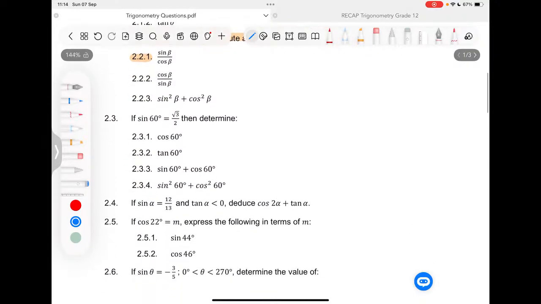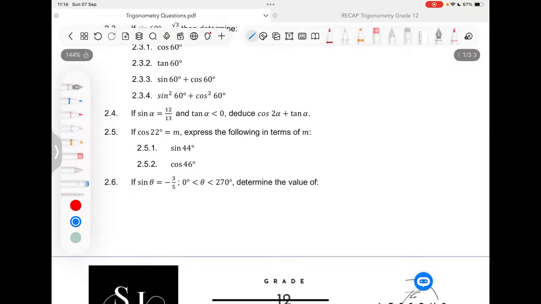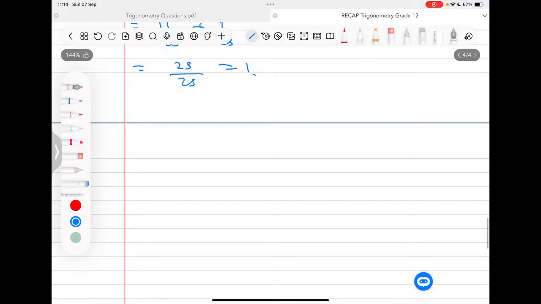I'm going to skip 2.3 for you to practice using the same methods that we used and see what you get. I think I'm really interested in 2.4. Maybe if I could look at 2.4, that would be interesting to do. If we go to